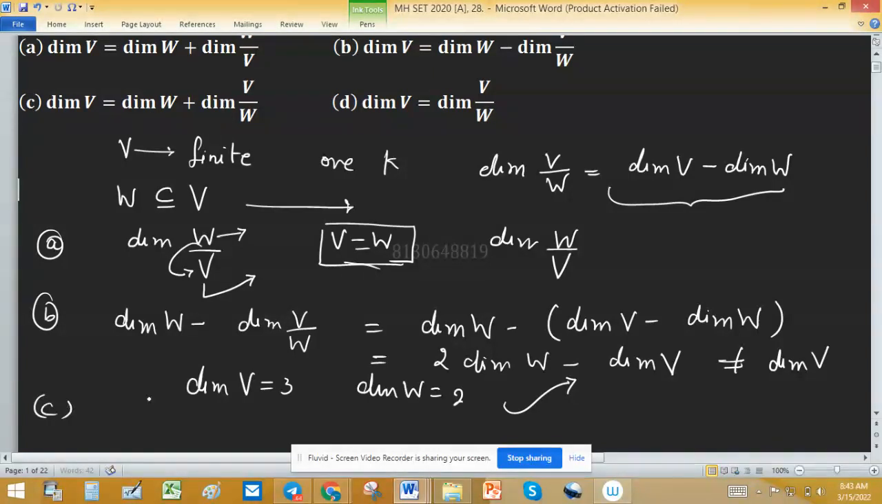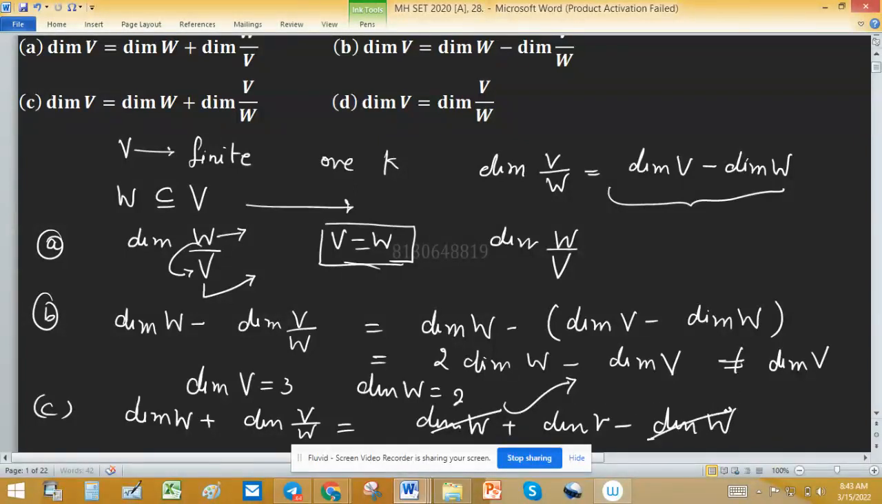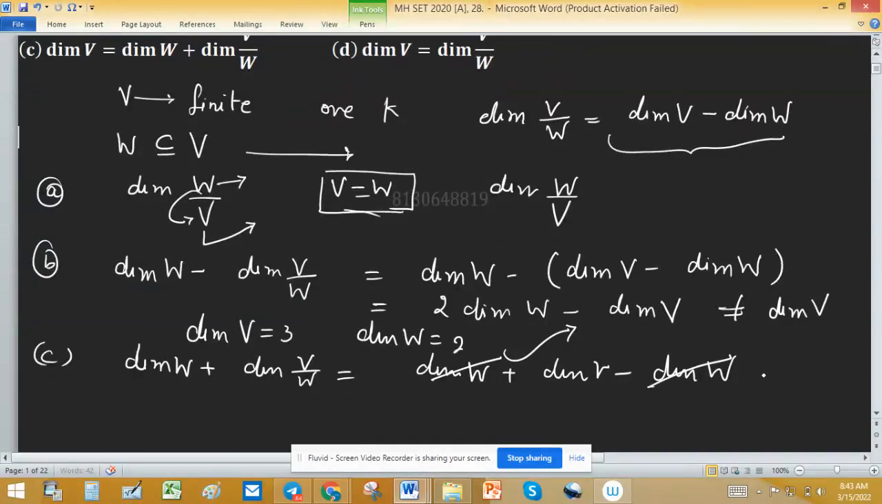Now come to option C. Dimension of W plus dimension of V over W will equal dimension of W plus dimension of V minus dimension of W. Dimension of W cancels out with dimension of W, and we have dimension of V, which is the same as the left hand side. So option C is correct, and the remaining option is